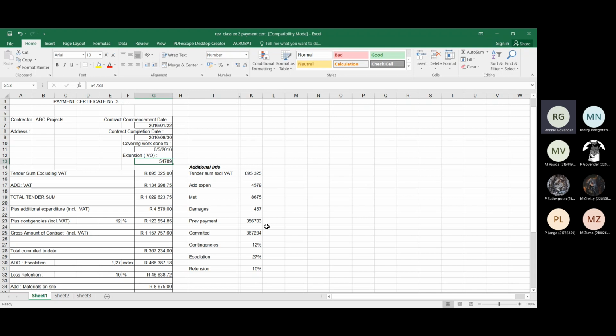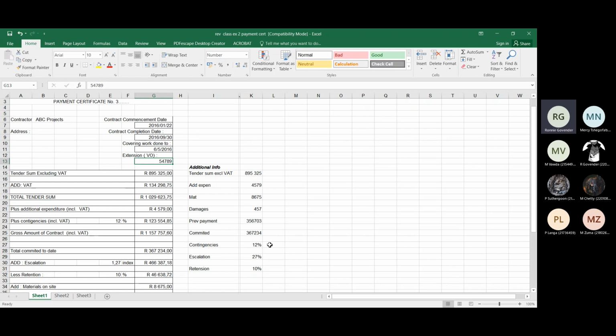So normally you'll notice that when the contract starts, the claim is not as much as you progress into the project. So that's why you'll notice the first 2 claims only amount to 356. The third claim, when we are probably in the execution phase, is giving us 367,234. Then contingencies is 12%, meaning that